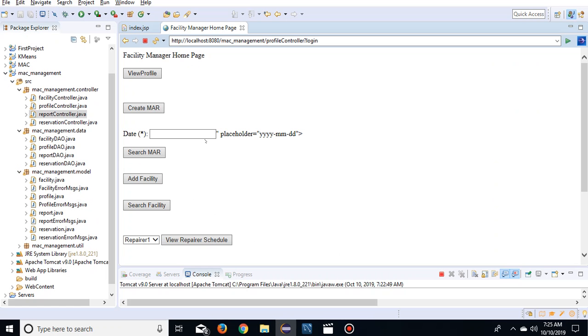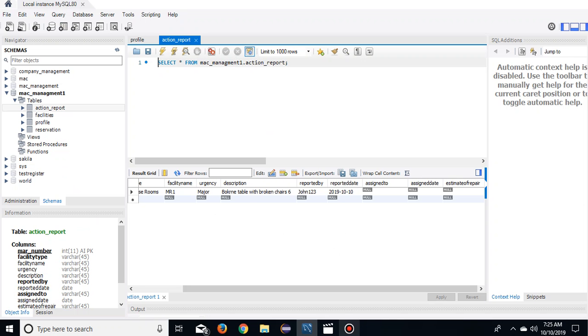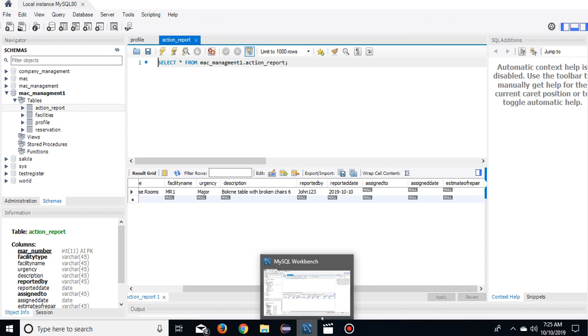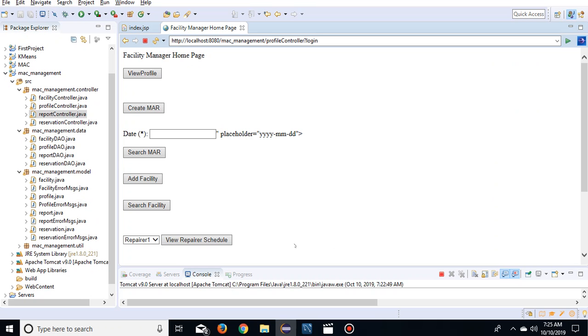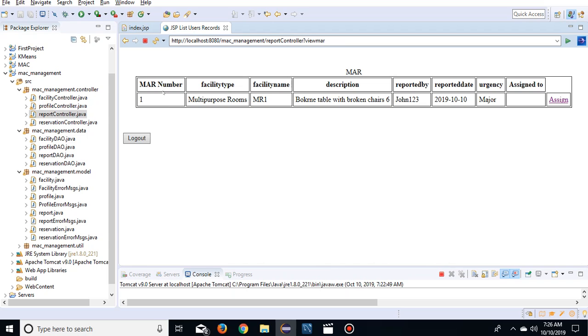Let's go and do that. So the date that was submitted was, let's say he searches the MAR. There you go, that's the exact same MAR. MAR number is 1, MR1 for a multipurpose room, broken table with broken chair 6. Then it was reported by John 123. This was the date he reported it, and this was the urgency that was specified, and it hasn't been assigned